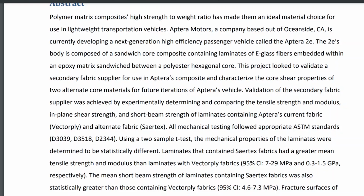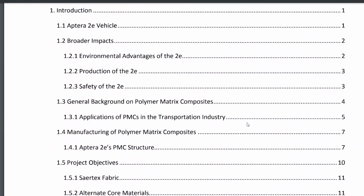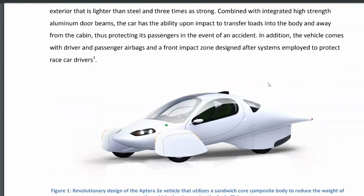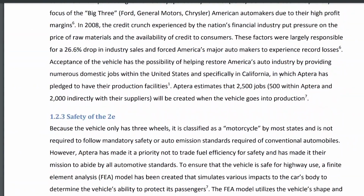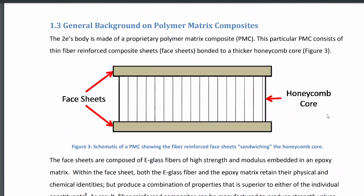This paper goes pretty deep into the sandwich core composite. And this is still the technology that Aptera is using. They're still using the sandwich core composite. And I will show you a picture of it in here. We'll scroll down. It's a pretty long and involved paper, and I read through it all. I didn't understand all of it because I don't really have the engineering background to understand it completely, but basically